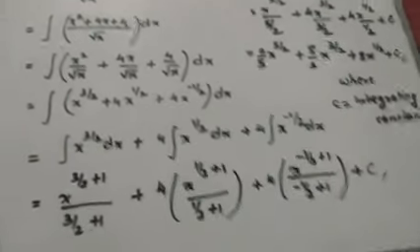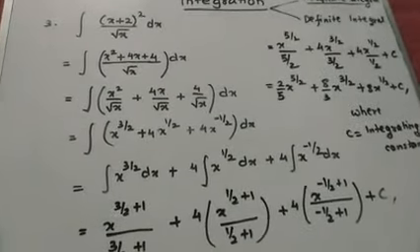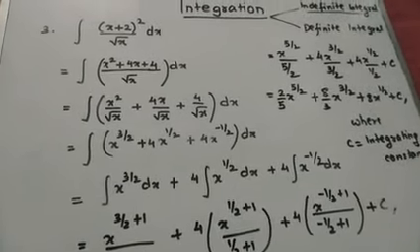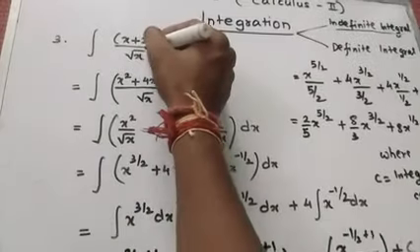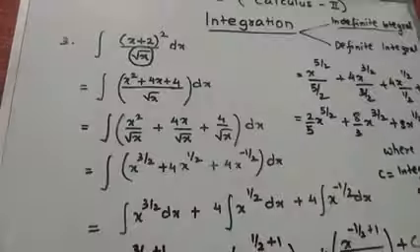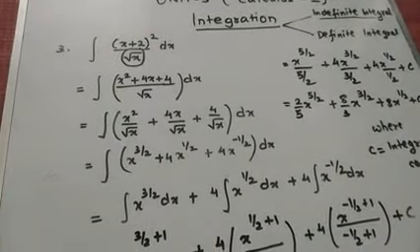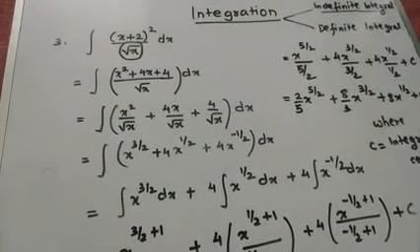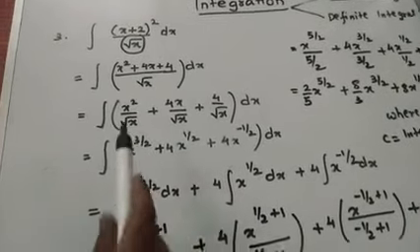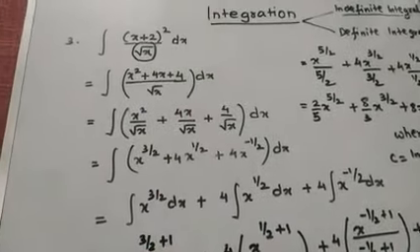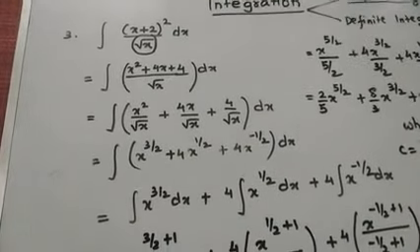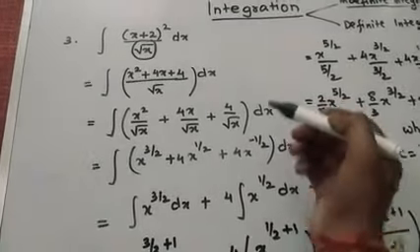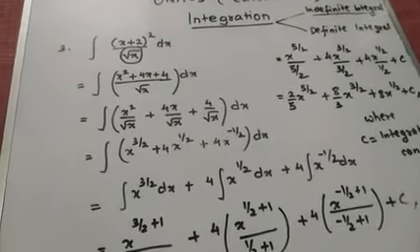See, one thing I want to tell, that in this question the question was like that, x plus 2 whole square divided by root x. See here, it is dividing by only a single function, a single term function, root x. So for that we can simply separate them. It is possible for that, because this root x is a single term, and for that the calculation is also a little bit easy.